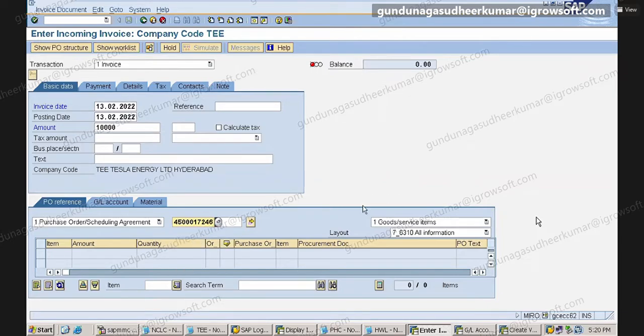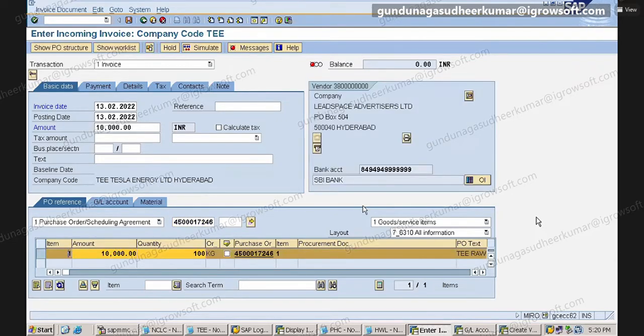Okay, now enter. When I enter, it will pick up all the details. I have created the goods receipt. If you give the purchase order, everything will automatically be picked up from it.